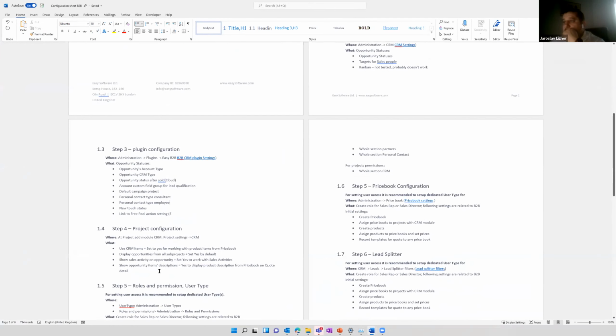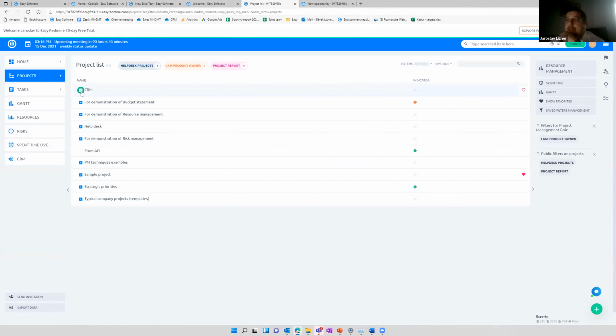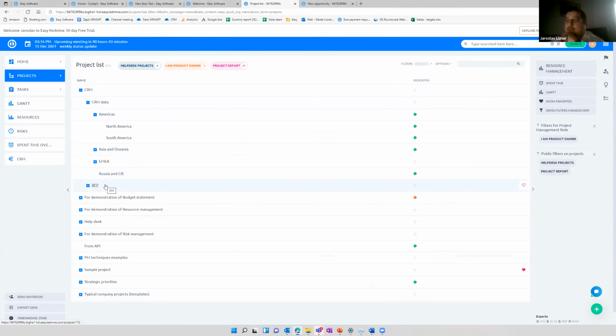Project configuration. Okay, even from the old CRM, you know that the data are stored somewhere in your project tree. We recommend making a project tree. Many clients maybe just need one project where all the data will be, but the project tree can be nicely used,